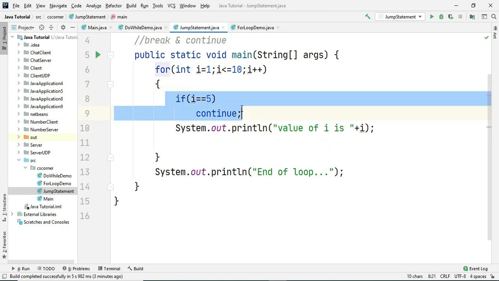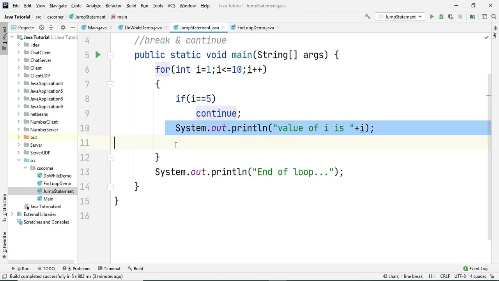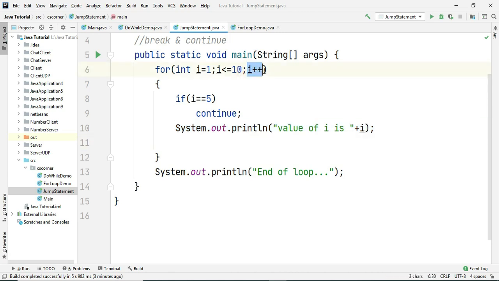As soon as the value of i reaches 5, what is it going to do? It is going to execute the continue statement. So what does this continue mean? Do not execute the remaining part of the loop, iterate to the next value. Whatever the next value is, that will be incremented. So i becomes 6, and then 6 is not equal to 5, so it will execute this line. In this case, what output am I going to get?